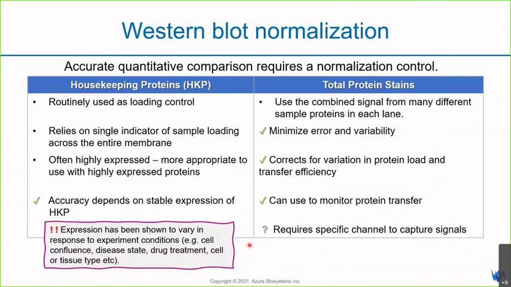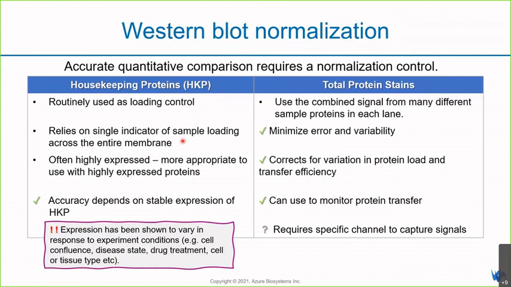Just before I move into those details, for some of you who might not have joined the previous session: last session, we talked about the two types of normalization methods we are using in Western blot right now. Firstly is housekeeping protein, which we have routinely used for many years,